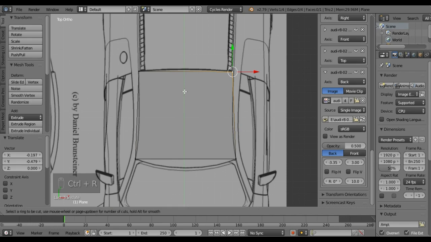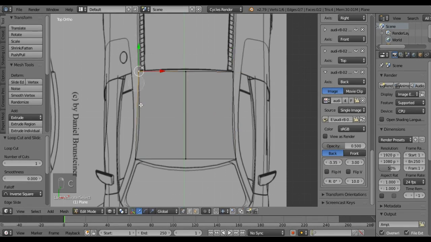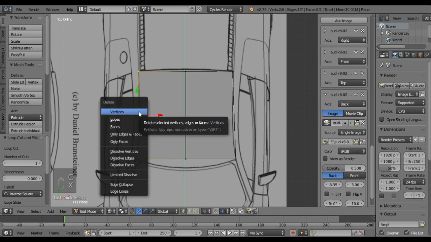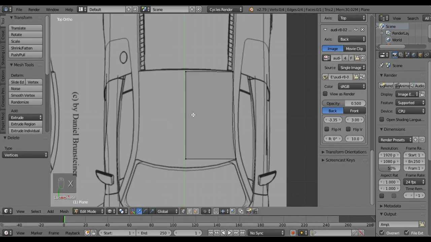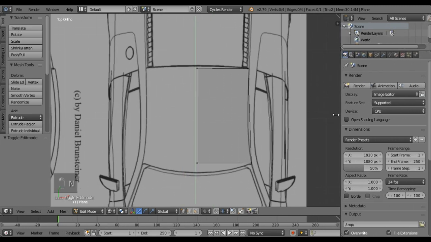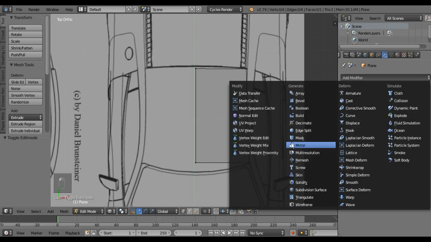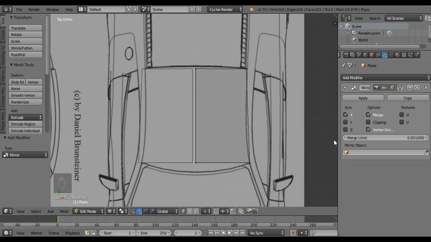Actually we wanna just model the right part and it's gonna mirror to the left part, so I'm gonna click Ctrl R to add a loop cut and then delete the left vertices. As you can see, the shortcuts right here at the bottom left. And now I'm gonna go to this wrench icon, that's the modifier tab, and add modifier. Then here's the mirror modifier. You're gonna click here clipping, and then see,